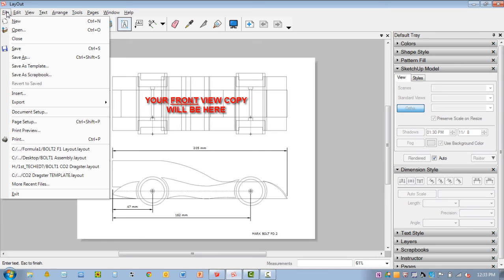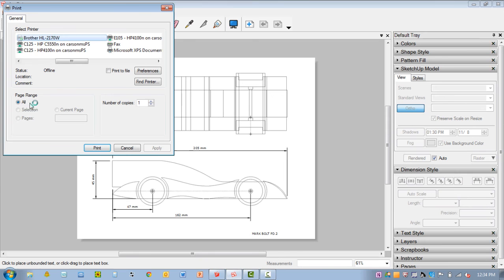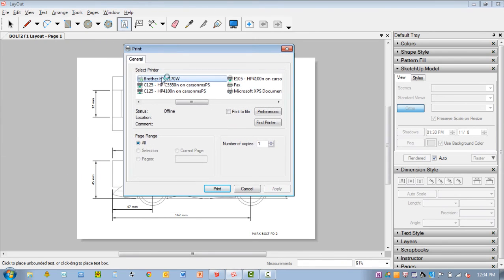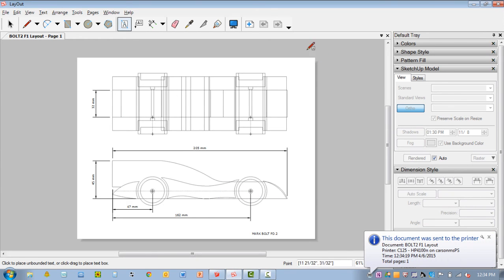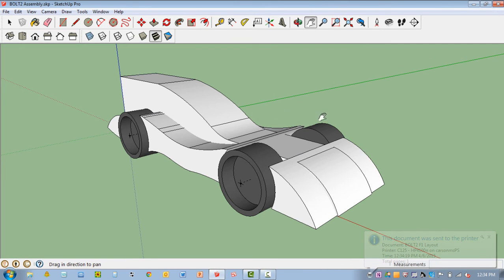So I'm going to go to File, Print, and the printer you want to use is going to be the C125 HP 4100. And go ahead and hit Print. Okay, that is it. So at this point, what you want to do is go ahead and close Layout, and close SketchUp,